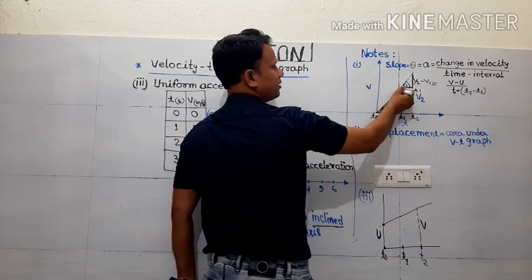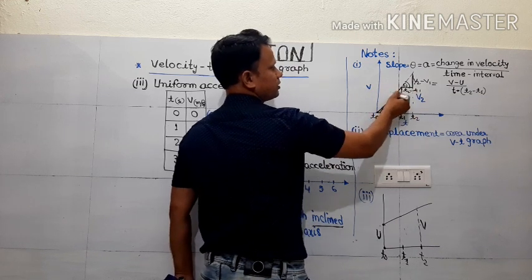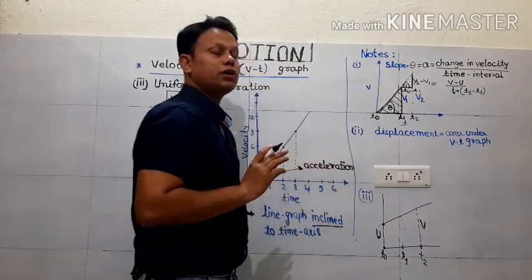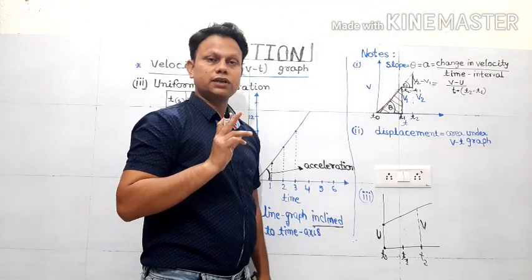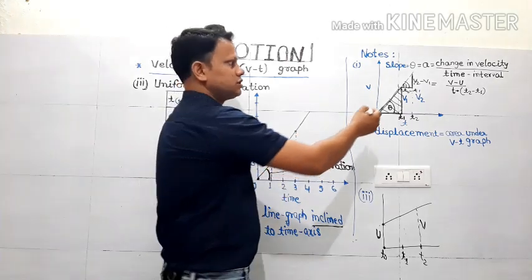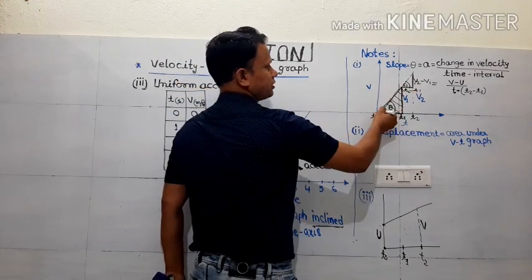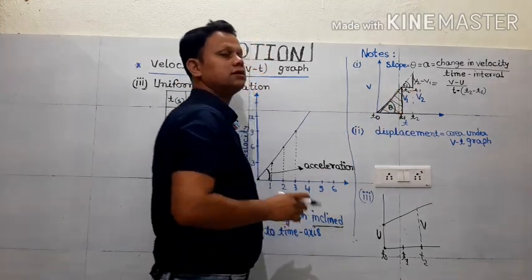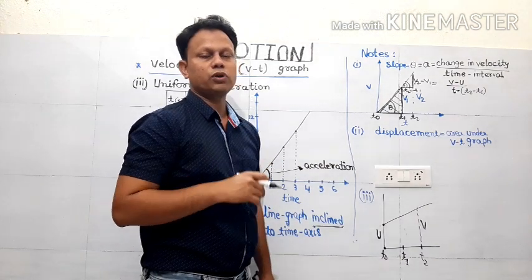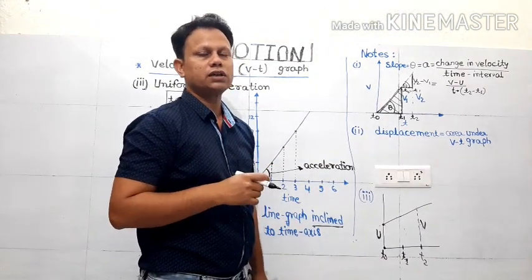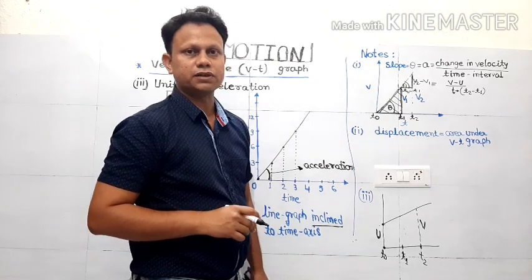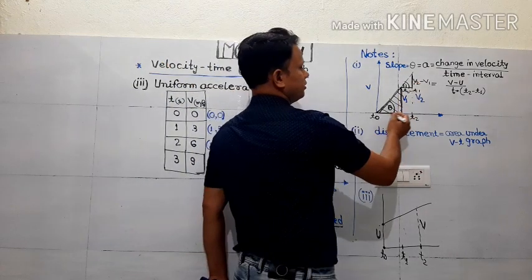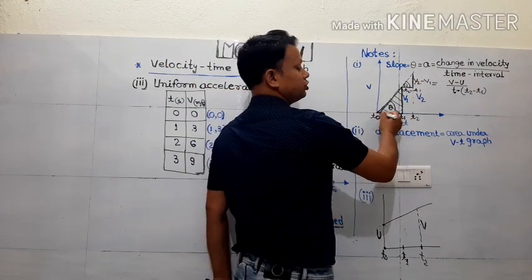This is a VT graph part, and this is what we are plotting. According to mathematical knowledge, you always find the area of a closed figure. So just under the VT graph, we are going to close this figure. Now what kind of shape are we getting here? Triangle. So you apply the formula for the area of a triangle, half into base into height, and you are going to get the value of displacement. Somebody wants to know from T0 to T2.